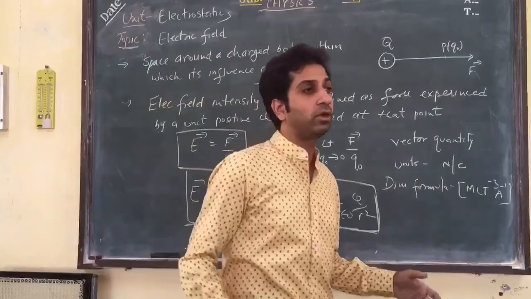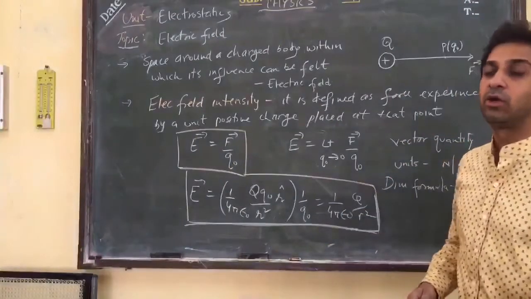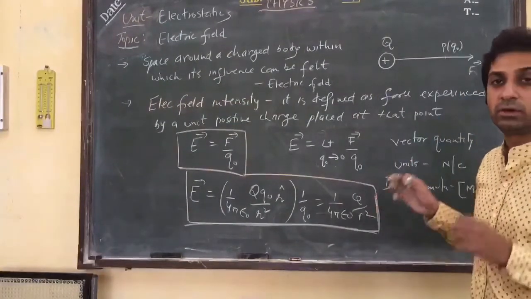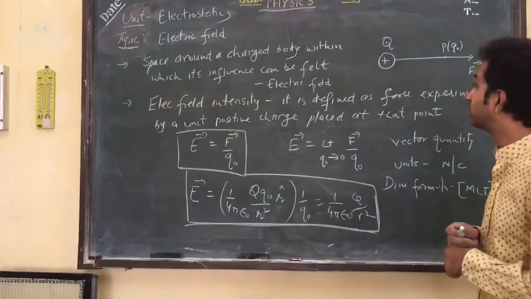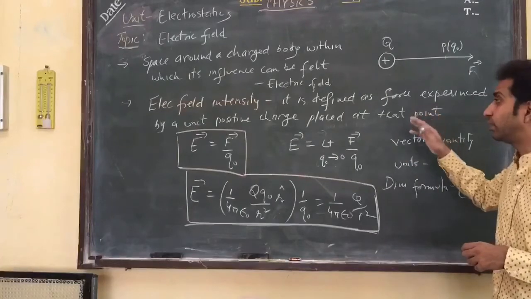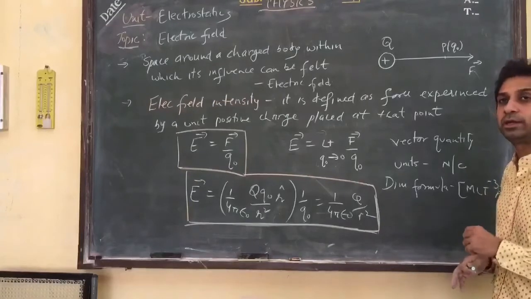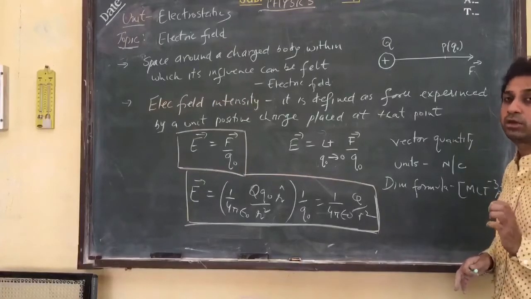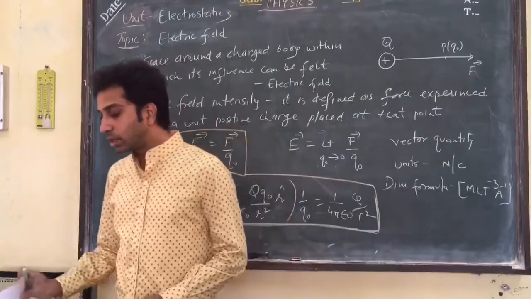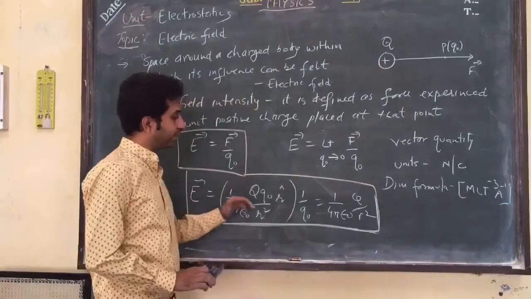So in numericals also, if you are given the value of the charge and the value of R, you can evaluate what amount of electric field intensity will be exerted by this given charge. So this is the first basic concept of electric field. What is electric field and what is electric field intensity? That is the force experienced by a test charge due to a given charge. That is defined as electric field intensity. So this is the basic definition of the electric field intensity.